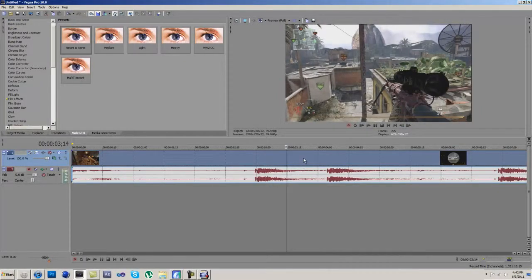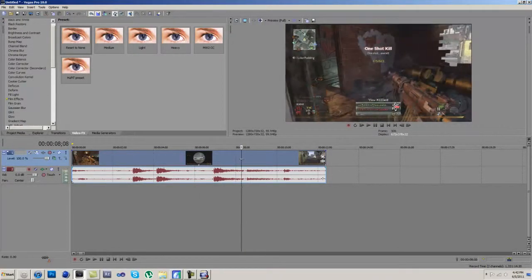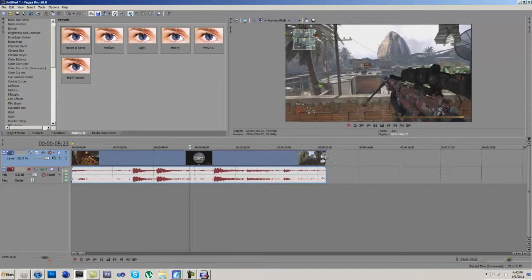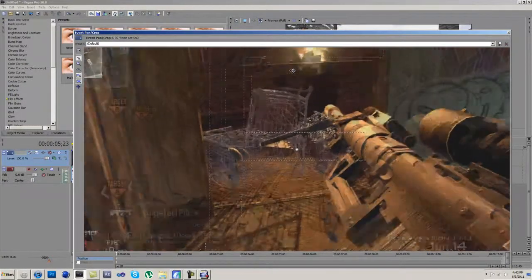Well, I can't find any right now, but you need to come to switches and click disable resample for a clearer video. And then after that's all said and done, you want to come over to this little button, the event pan/crop, and then I have a preset called HD PVR. But what you want to do is zoom in